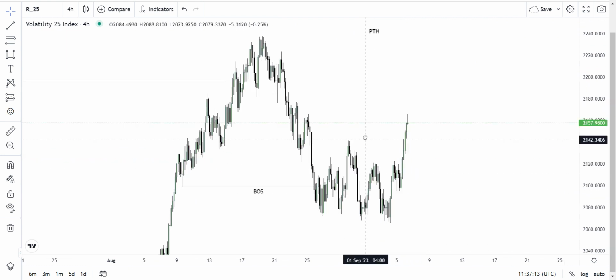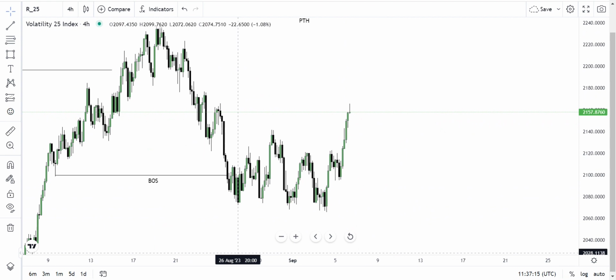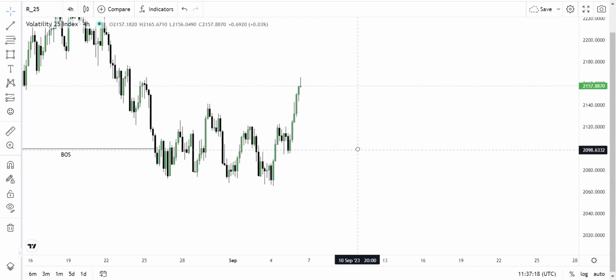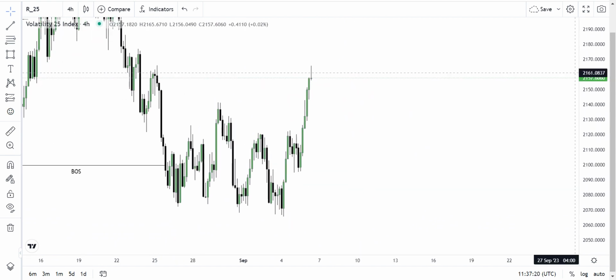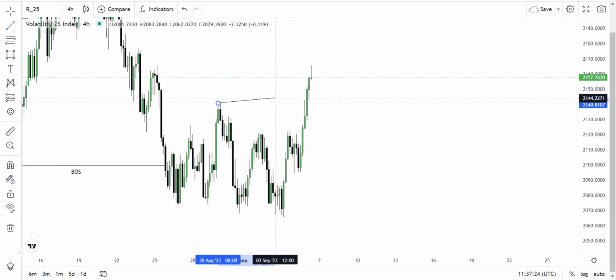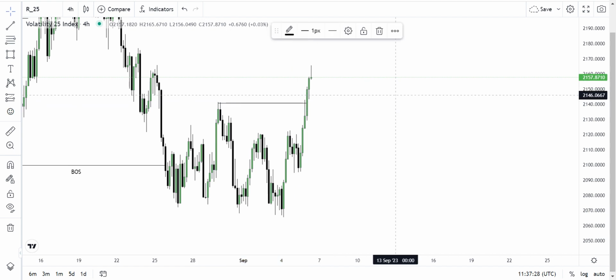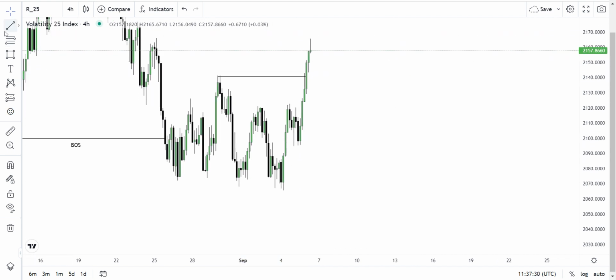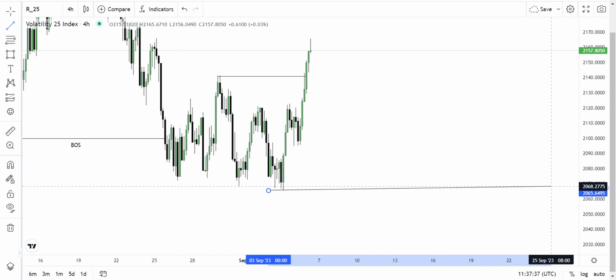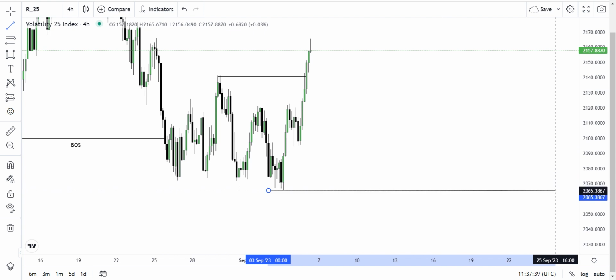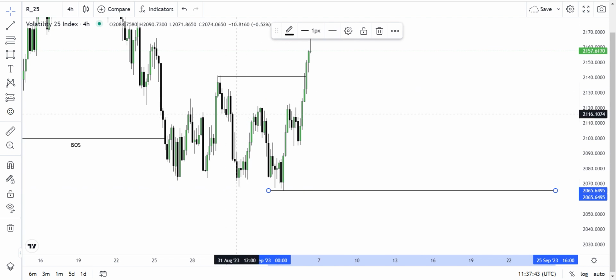Me personally, looking at this market very well, let me concentrate on this side of the market. So there was a break of structure here. If there's a break of structure here, what will be our protected low for now? Now here is our protected low. We're not expecting the market to violate this for now. All right, so that's our protected low.